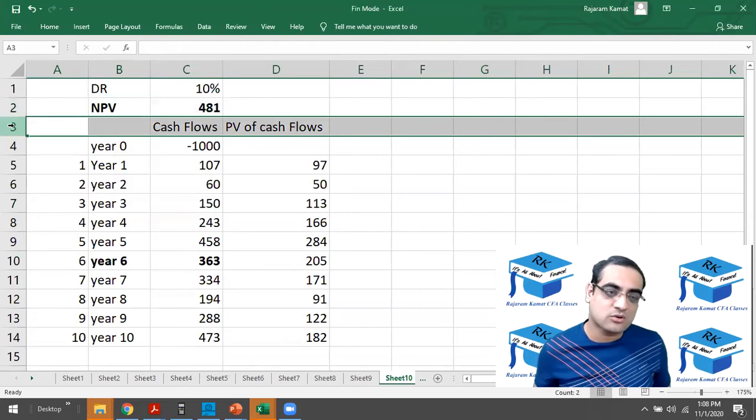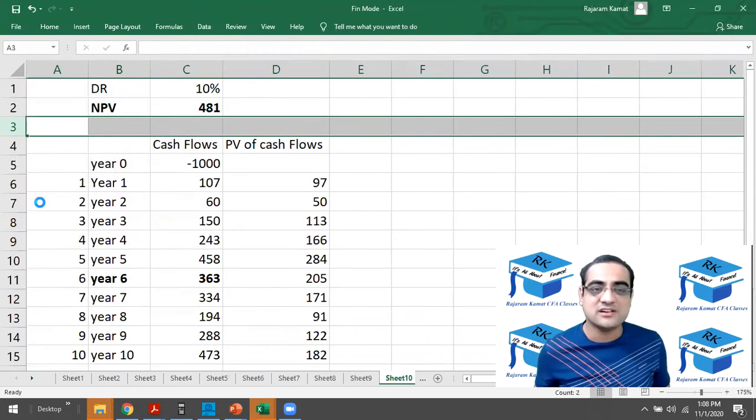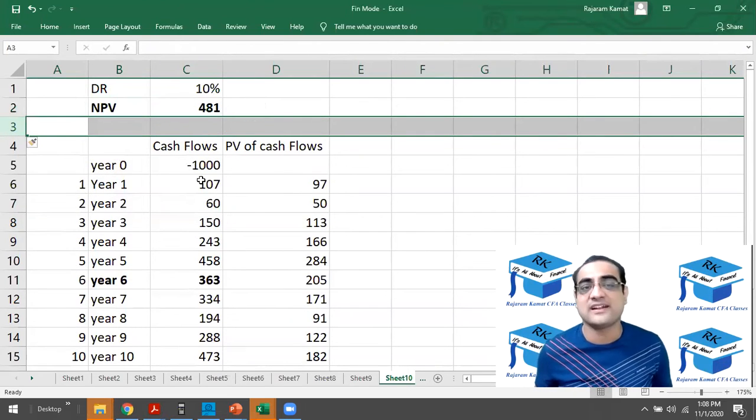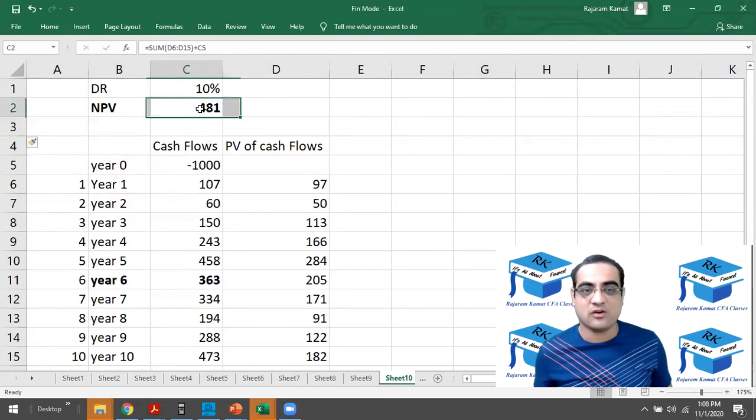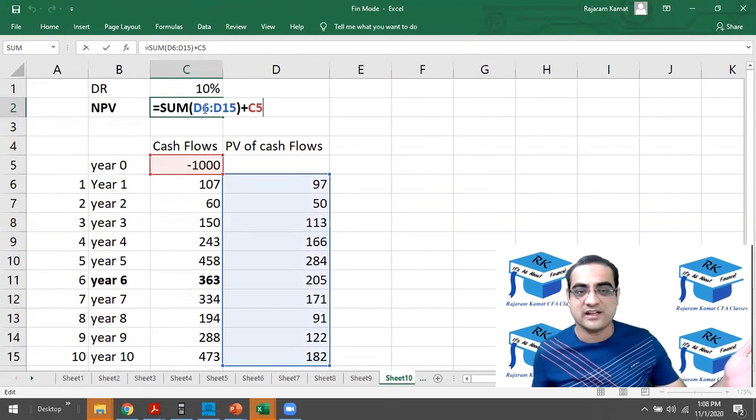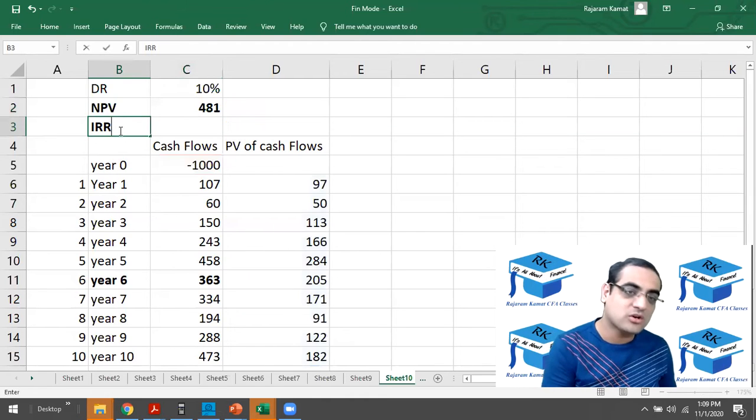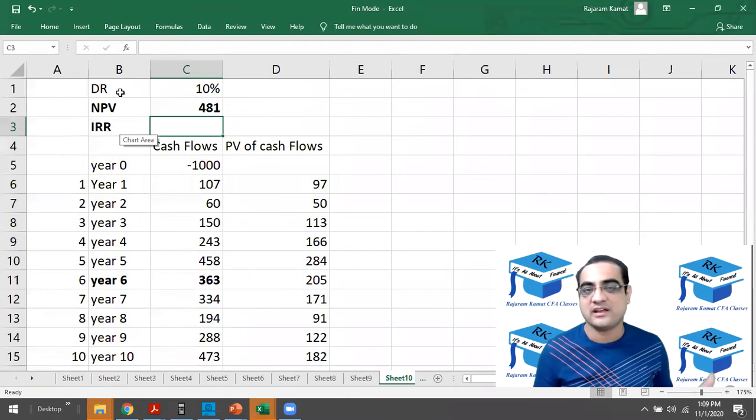Similarly, let me just insert a row over here. And when you insert a row, the formulas automatically get adjusted. I repeat, automatically the formula gets adjusted. You can just look at F2, the formula is still taking it properly. So let me press IRR. Don't worry, people say, if I insert a row, do I have to adjust the formula again? Then you don't need to.